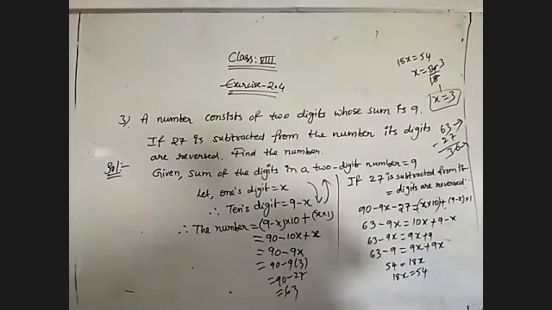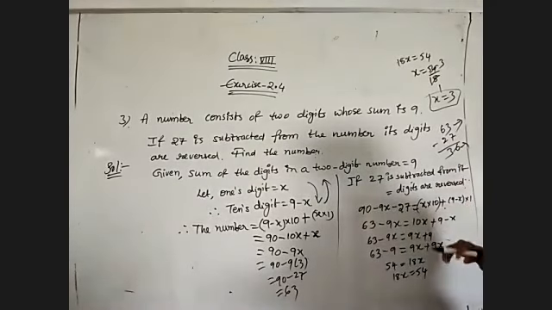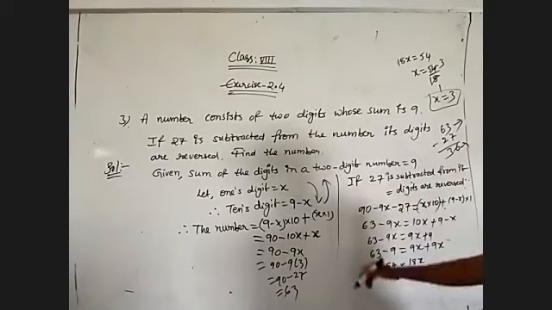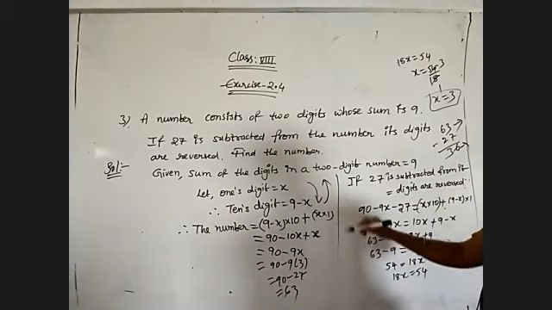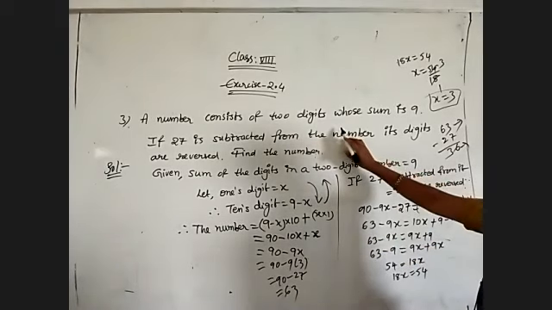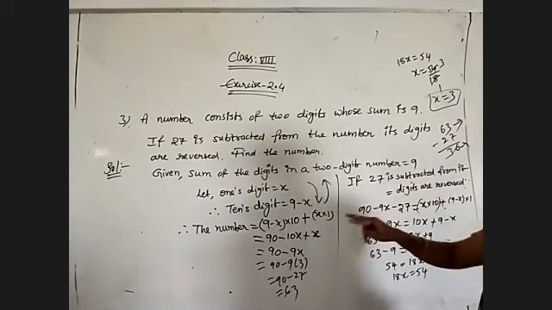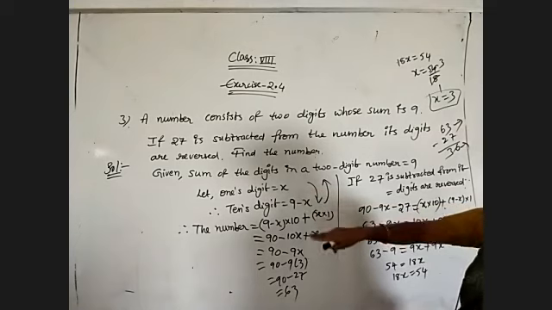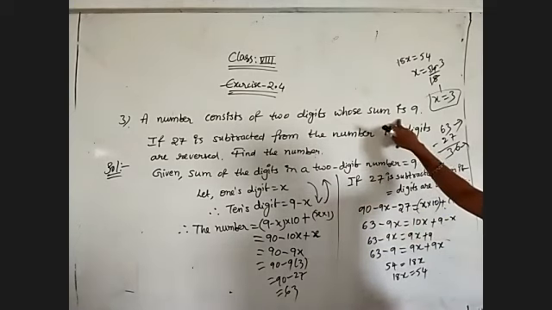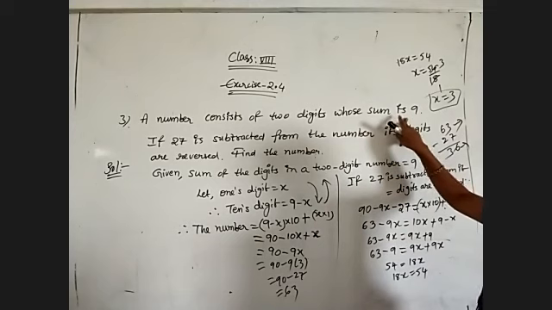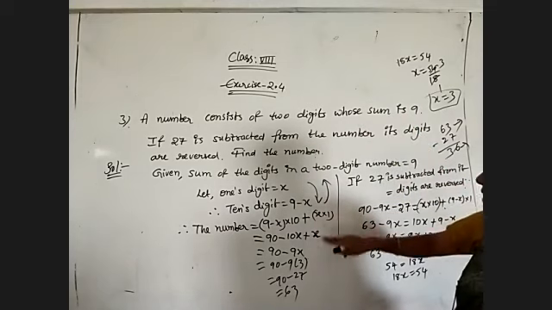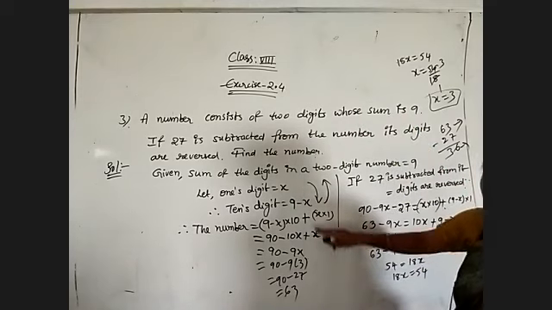So once again I am telling, this type of questions are very easy. The only thing you need is to write the expanded form. You need to form the number. Here they are giving 2 digits, so it has a 1st digit and a 10th digit. First of all I am taking the 1st digit as x, then the 10th digit will be 9 minus x, because they have given that the sum of those 2 digits is equal to 9. After that I am trying to form the number with the given digits.